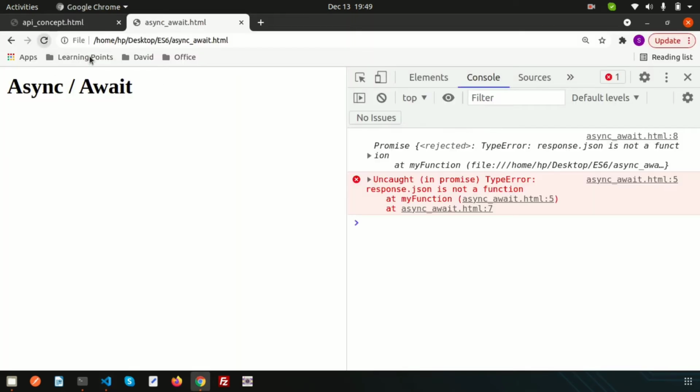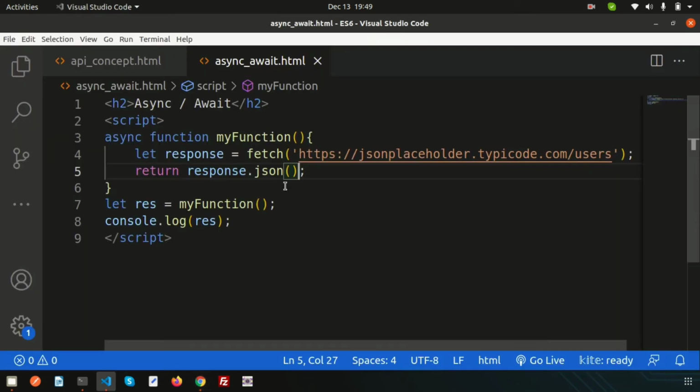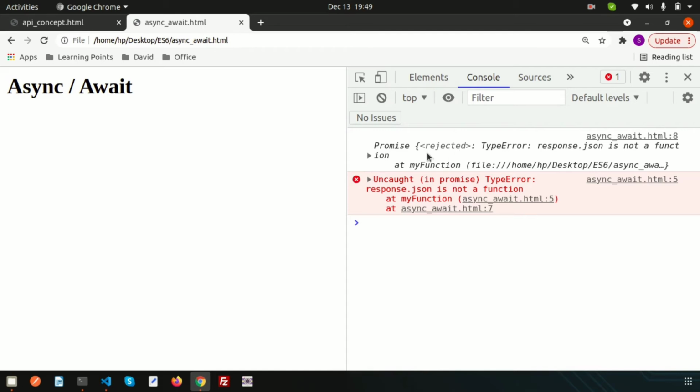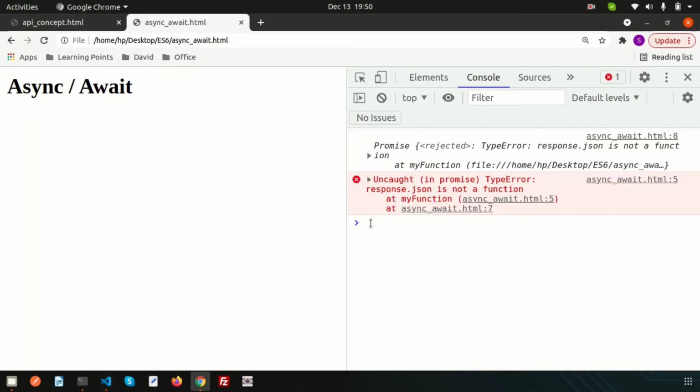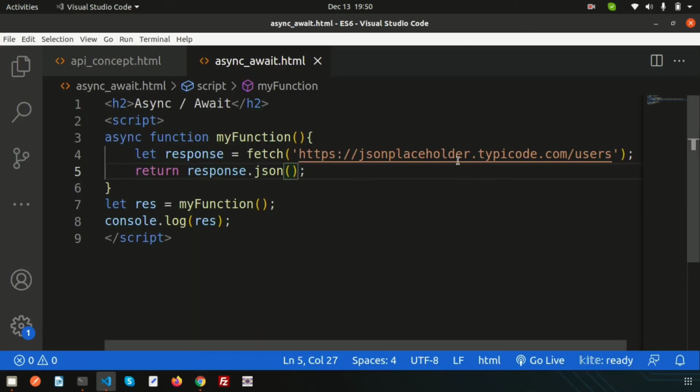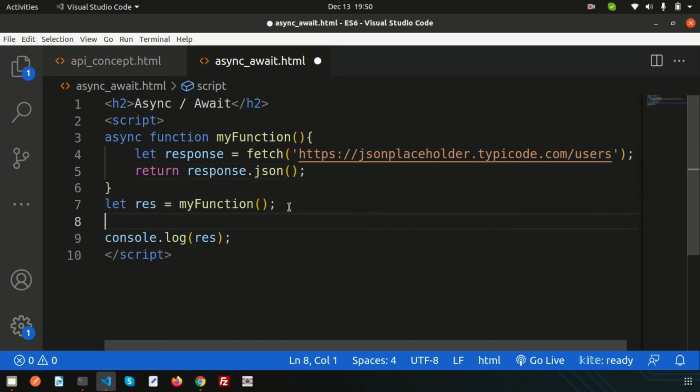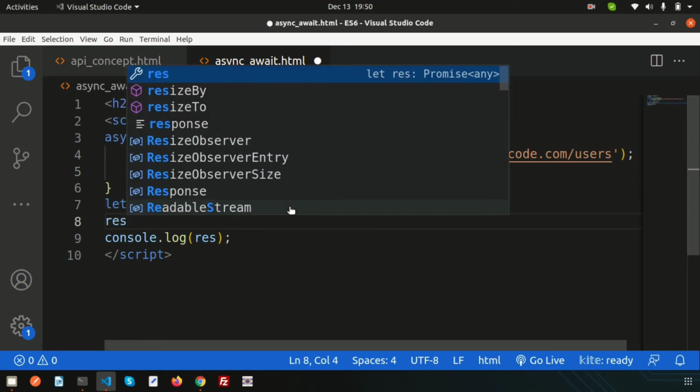Now if I refresh this, we are getting the uncaught promise, right? We are returning the promise, and we need to resolve this. How can we resolve this? Here we have not used the handler, or you can say we cannot handle the resolve, and that is the reason the error is appearing. Now just go here and simply write result.